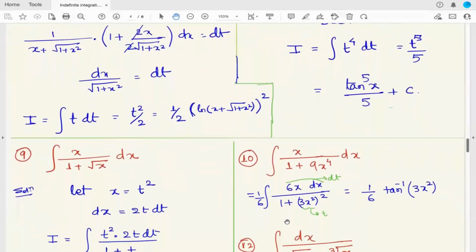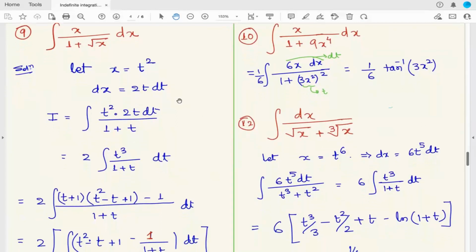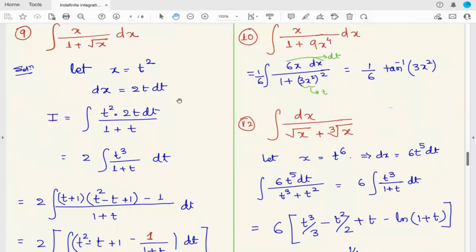Problem number 9. Try to solve this problem on your own, and if you cannot, look into its solution once. So I'm moving forward. I hope we solved some 8 problems on